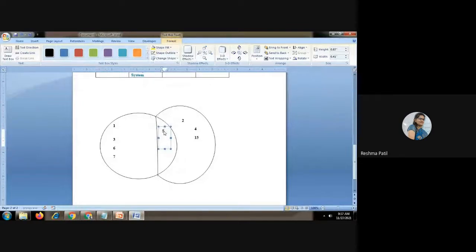Then you can say 10 and 12. So both relations will contain 5, 10, 12.